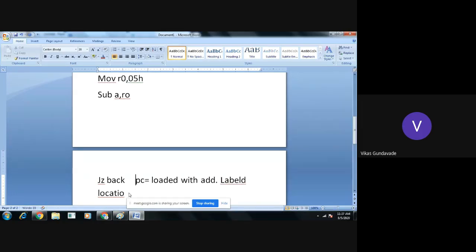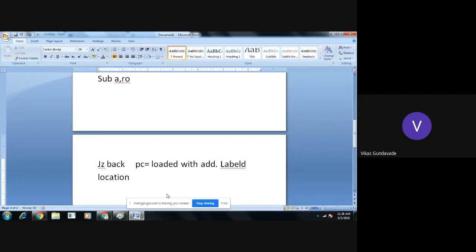So this is what happens with the program counter. Everyone got it? This is jump if 0. Similarly, suppose the instruction is JNZ label.